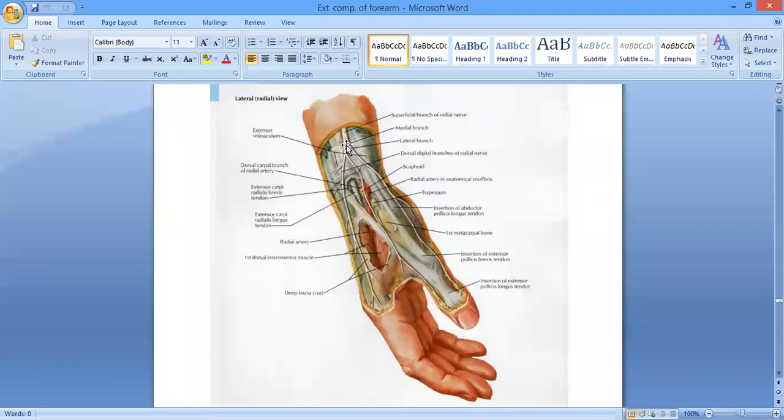And over here, after reaching near the wrist, it is going to divide into the lateral and the medial branches, which are further going to give the dorsal digital branches. And this superficial branch is going to supply the lateral two-thirds of the posterior surface of the hand and the lateral 3.5 fingers up to the proximal phalanx. ठीक है जी, यहाँ तक proximal phalanx से supply करेगा.